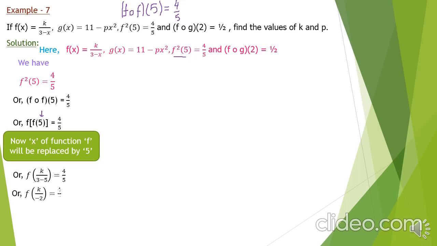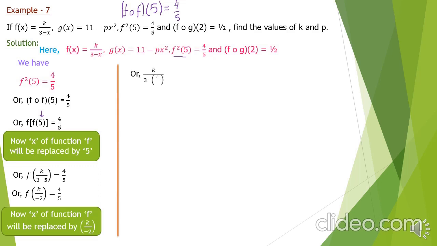So this output k by 2 minus... is the input for the function. Now x of function f will be replaced by k by minus 2. Now we are going to replace the x of function f. This time f is the same function. The previous function has given output k by minus 2, so k by minus 2 will replace the input variable x of function f. So this x will now be replaced by k by minus 2,